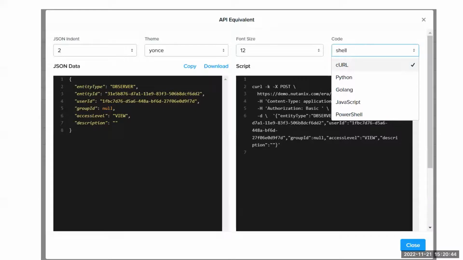It can be a PowerShell script, JavaScript or Python script, curl, or Golang, and give it to your database admins. Through API, they can run this code, and the particular operation will be done in a matter of minutes. So you can deploy, clone, take a snapshot, everything by API. What we do in the GUI can be done through API also.